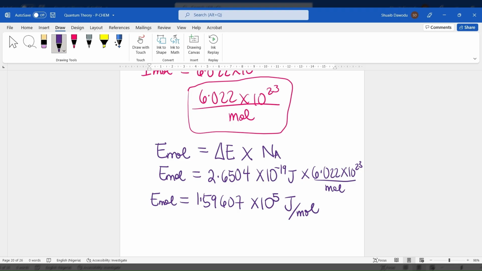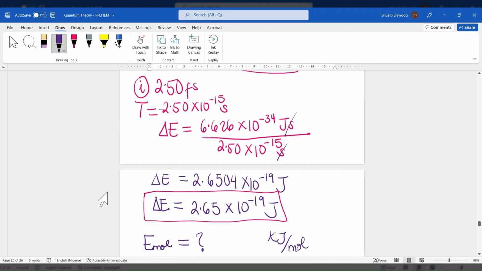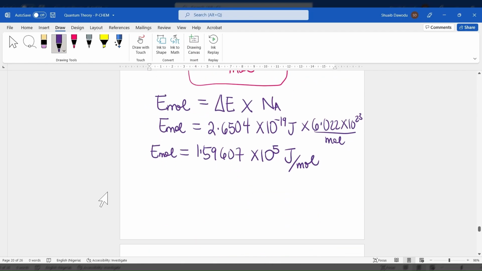We have to put our work in the proper number of significant figures. And when we go back to the question, we see that 2.50, the original question, was given to us in three sig figs. So we have to maintain that because we also use the values one way or the other to solve for the energy per mole. So this is just simply going to be in this case here. So that would be energy per mole is equal to 1 point. When you round this up, you're just going to end up with 1.60 times 10 raised to the power